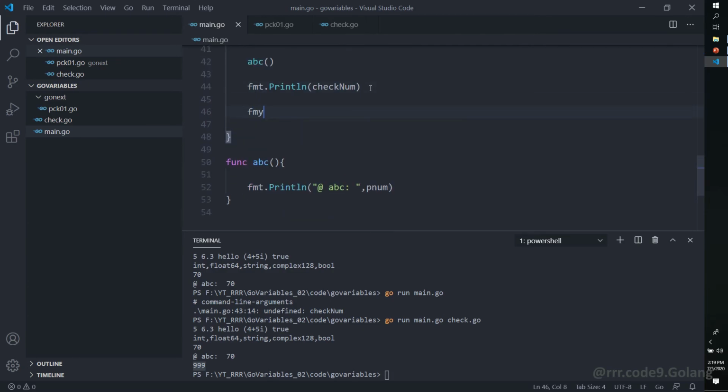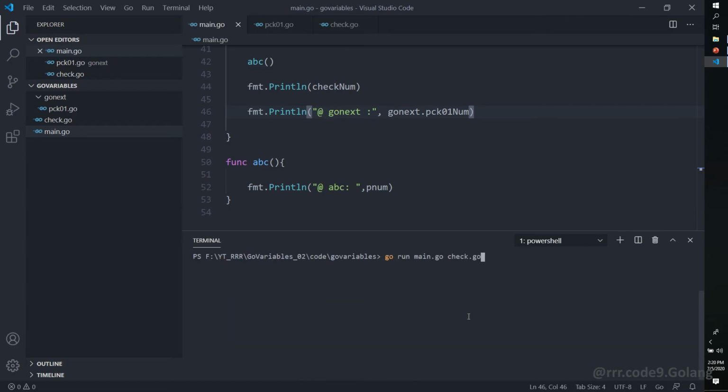We can print here fmt.println, we can just write gonext dot pck01num. Let's run the code again and see the results.